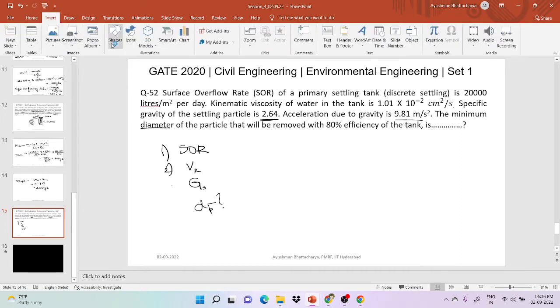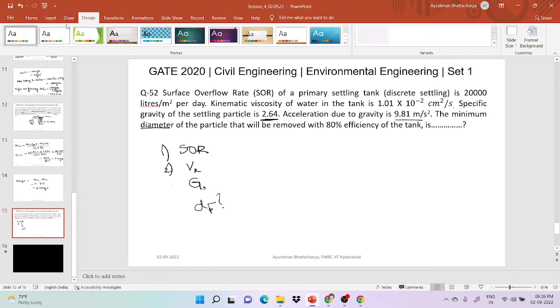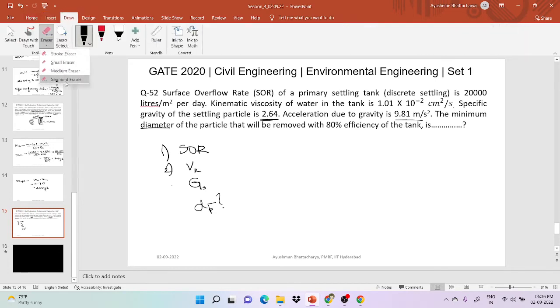So before beginning this question, we have to understand a few concepts. What is surface overflow rate? I have already explained all these things in my previous sessions. However, I will repeat it again. But I suggest you please go back and look at those videos. I have already uploaded all the previous sessions on YouTube. You can go there and watch. So, surface overflow rate. When we talk about surface overflow rate, it is